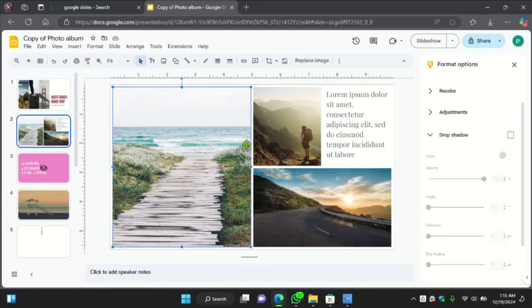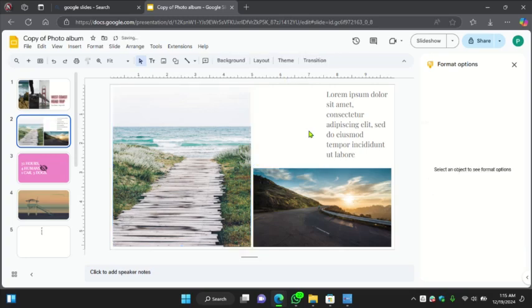First, Google Slides automatically saves your work. You can see up here, it says saving. It automatically saves your work to Drive. But if you want to save this to your